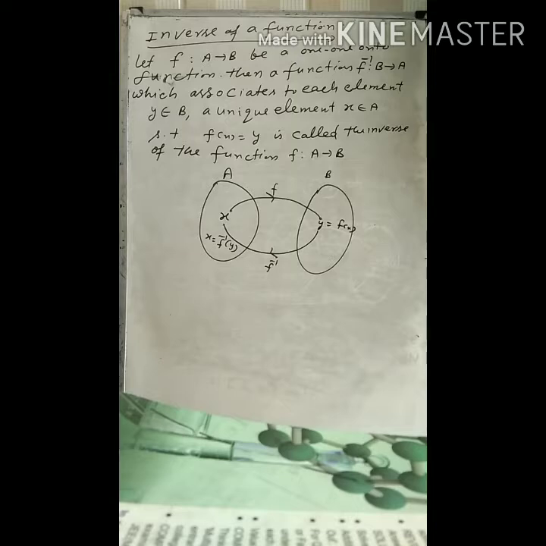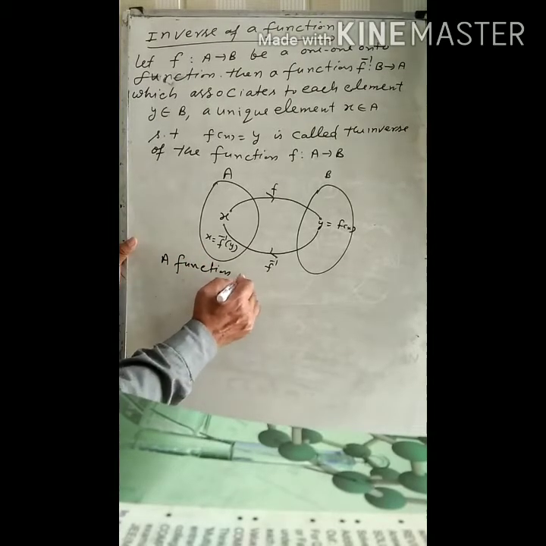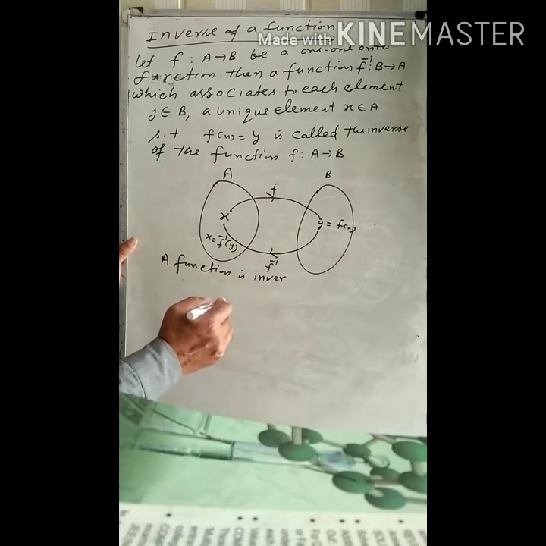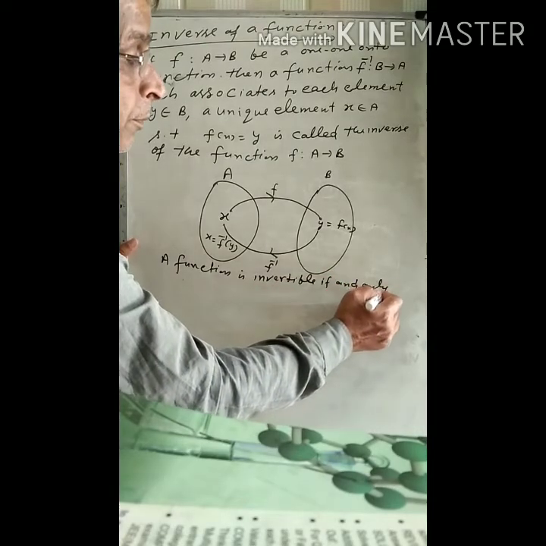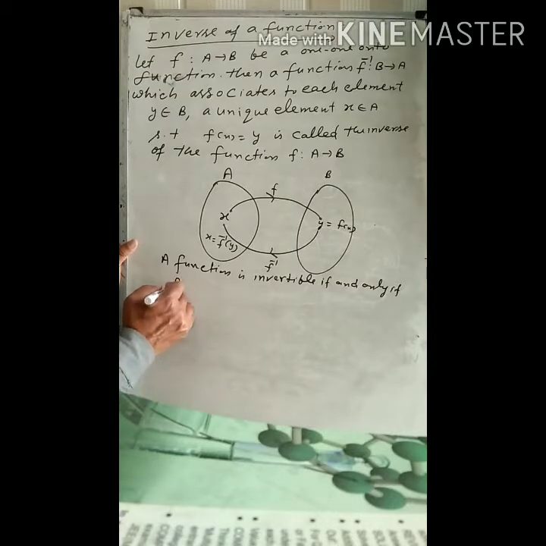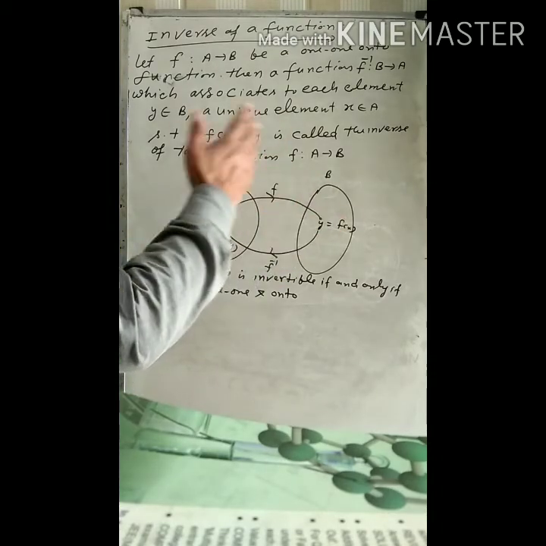If bijection, then f inverse, B to A, such that fx is equal to... a function is invertible if and only if f is one-one and onto. मतलब जो फंक्शन 1-1 ऑन-टू होगा वही इन्वर्टिएबल होगा। और इनवर्स में क्या है, जो डोमेन थे वे रेंज होगी, जो रेंज थे वे डोमेन होगी।